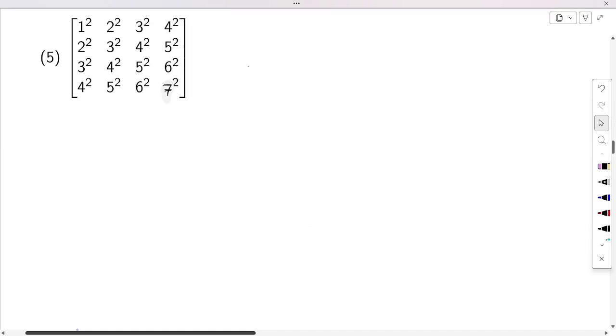Next is problem number 5. Let us make some changes in this matrix. On row 4, apply row 4 minus 3 times row 3. On row 3, apply row 3 minus row 2. And on row 2, apply row 2 minus row 1. After making these changes, we get